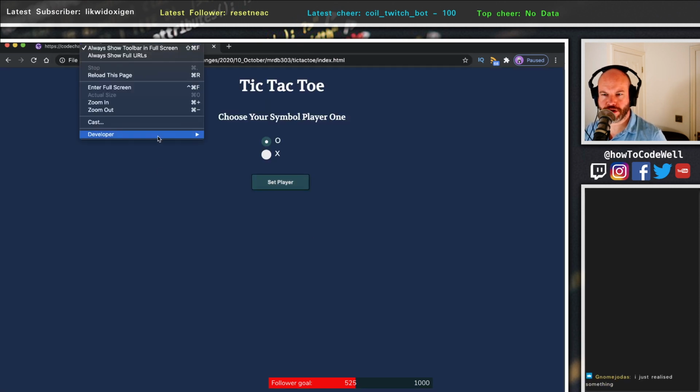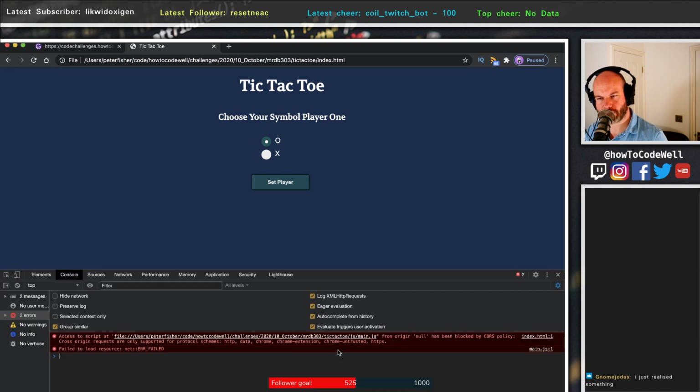And if I went to View, Developer Tools, right? Yeah. So this one here: access to script from origin null has been blocked by CORS policy. I don't know if this is a browser thing or whether this is JavaScript. I don't know yet. I'm not sure. So the way I got around this, and as you can see, you've got the form here, which is great. You've got the noughts and the crosses that you can select, but obviously you can't do anything until this is done. So the way I got around this, which was pretty cool,